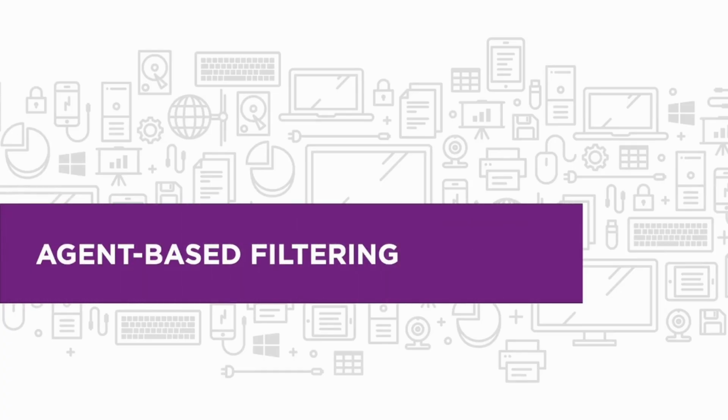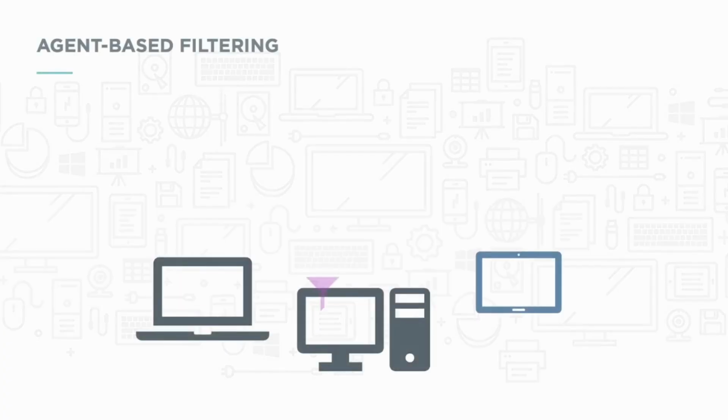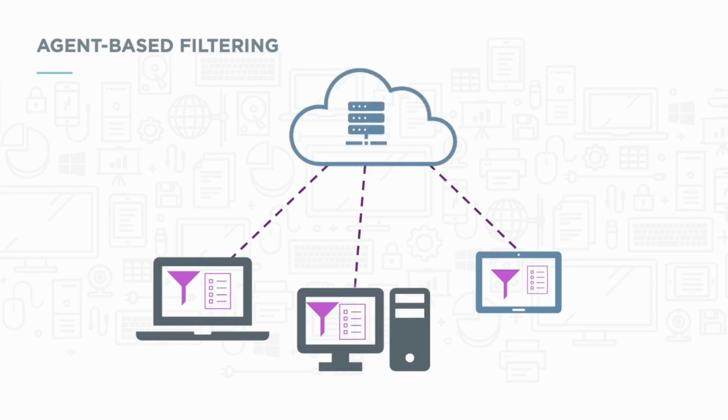Agent-based web filtering involves installing a software agent on desktop computers, laptops, and mobile devices. The agents enforce compliance with the organization's web filtering policies. Agents communicate with a centralized management server to retrieve filtering policies and rules and then apply them locally on the device. Agent-based solutions typically leverage cloud platforms to ensure they can communicate with devices regardless of the network they're connected to. This means filtering policies remain in effect even when users are off the corporate network, such as when working